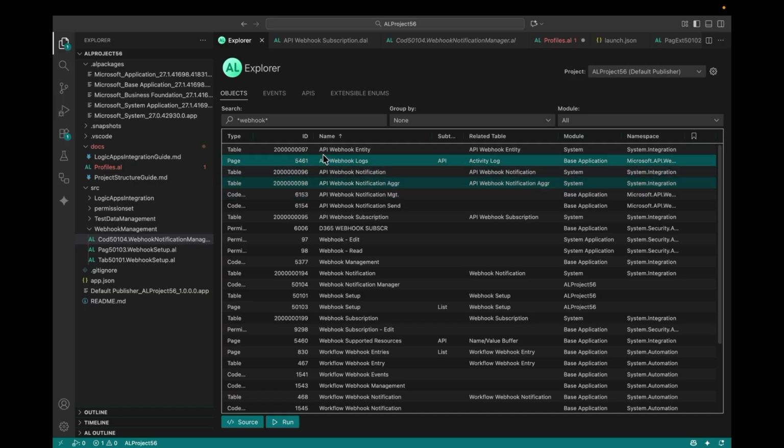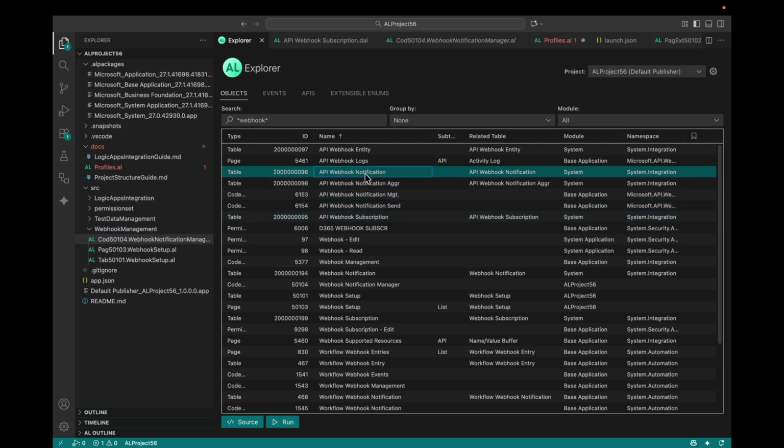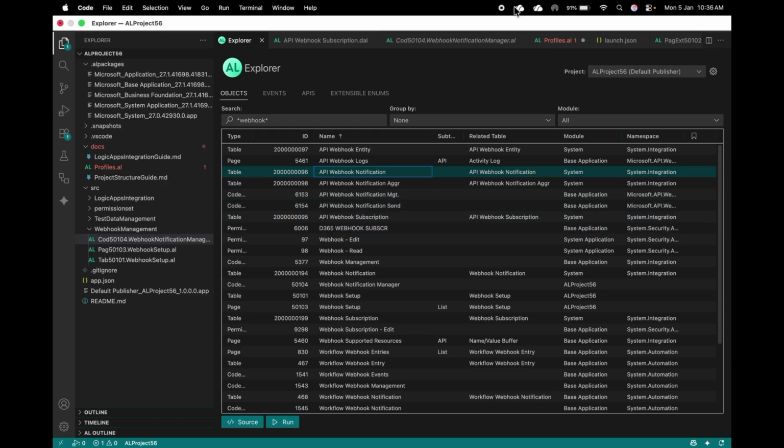Okay, so just one more thing, if you look at this API webhook notification, like if you look at this explorer, you will see that API webhook subscription which I showed you. Then we have this API webhook notification table as well, which will receive the list of all the notifications which Business Central will be sending to the external application. And so you can see this table as well in order to see the records, and then plus the codeunit which is actually doing the operation of sending the data from Business Central to the other